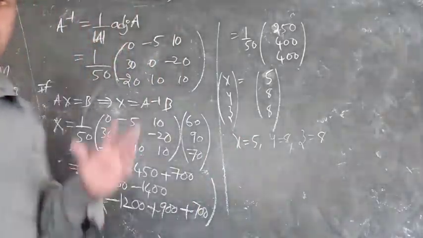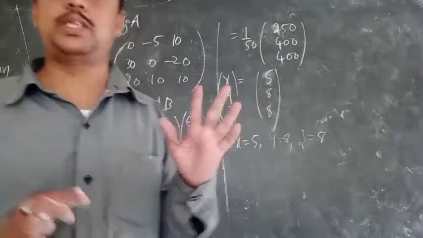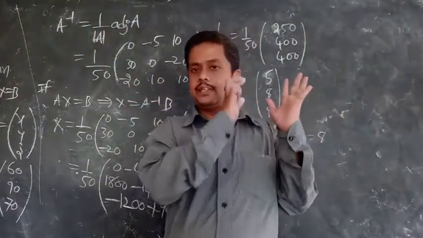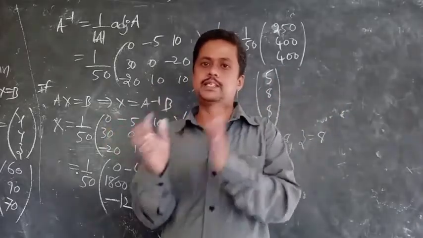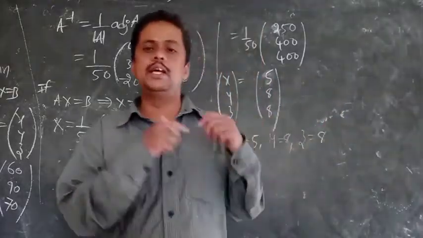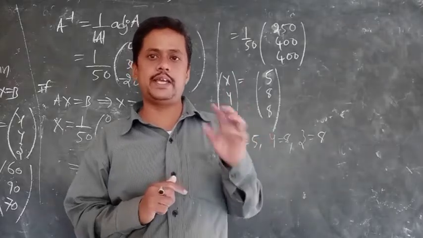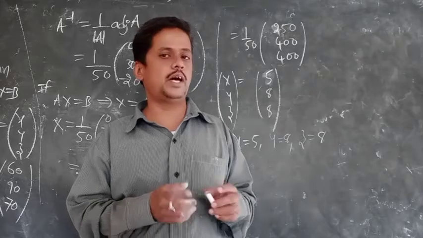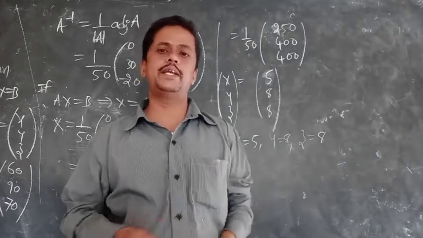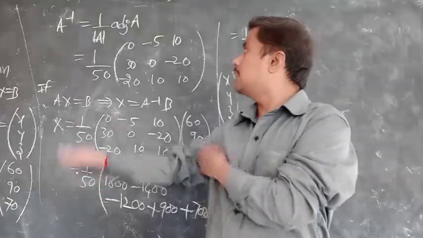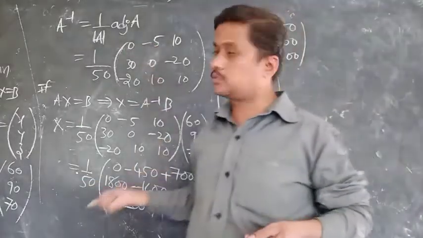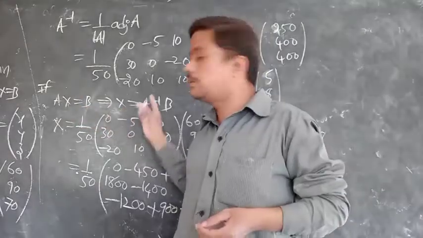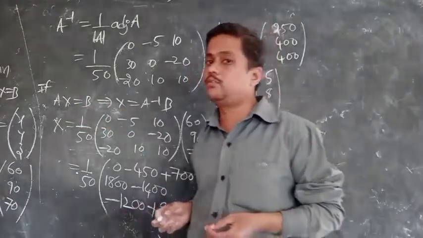So this is the procedure. First you have to calculate the A matrix, X matrix and B matrix. Next, determinant value you have to calculate. Next you have to find the adjoint A, is very important. After calculating adjoint matrix, you have to know the formula. A inverse is equals to what? 1 by det A into adjoint A. By using this one, you have to simplify. So another formula is there. If Ax is equals to B, x can be written as x is equals to A inverse into B. No.